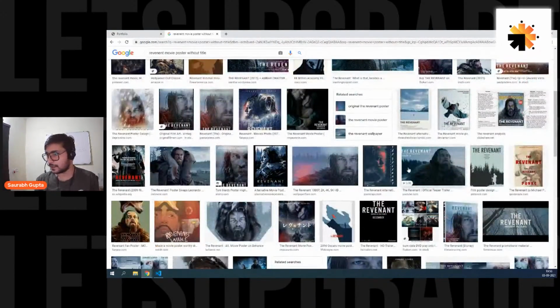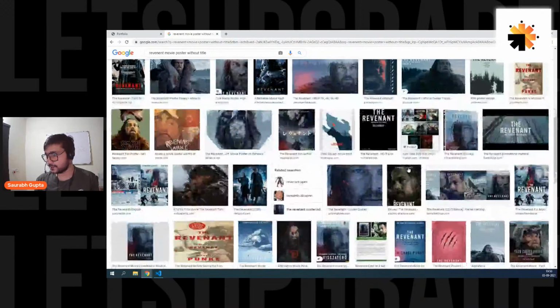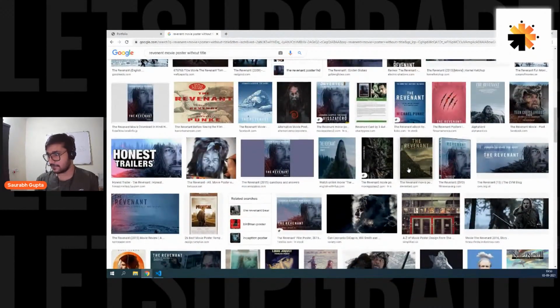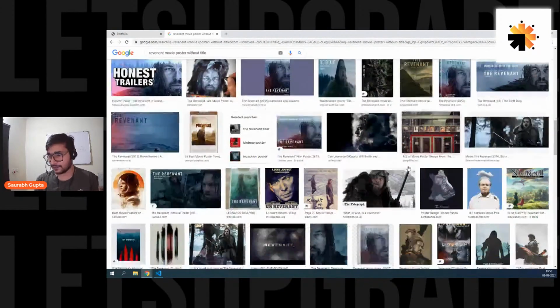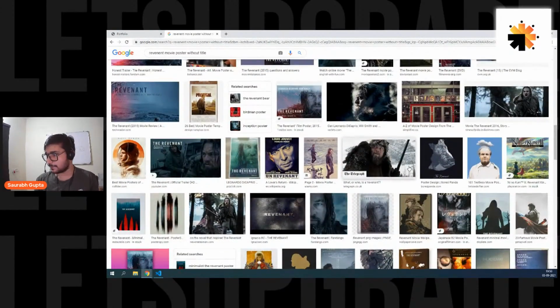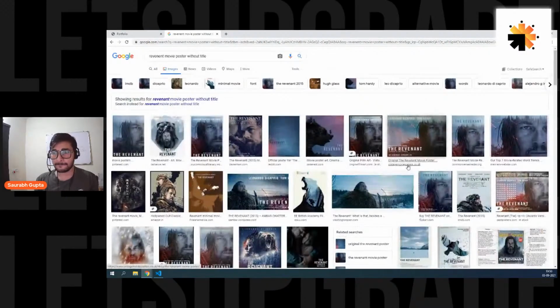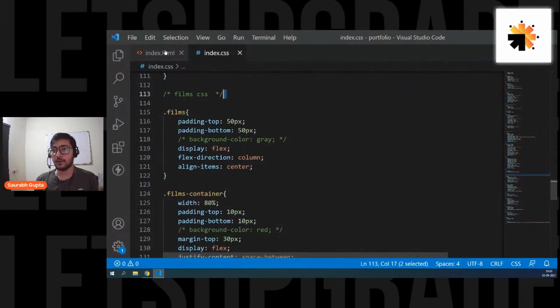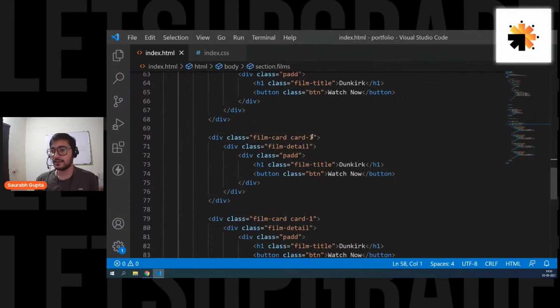I'm thinking, actually, there are no good posters here. Why is that? Every poster looks edited and looks bad. Let's take this one, the first one. That's fine. Right click, copy image address. Go in here. Now, also, I forgot that now just give this a class of card2